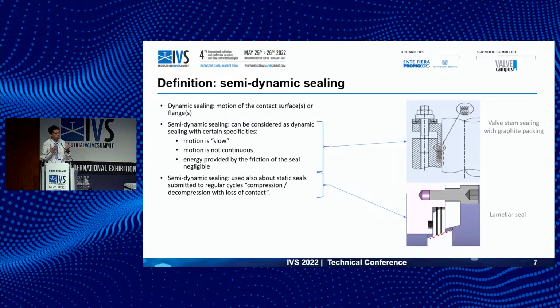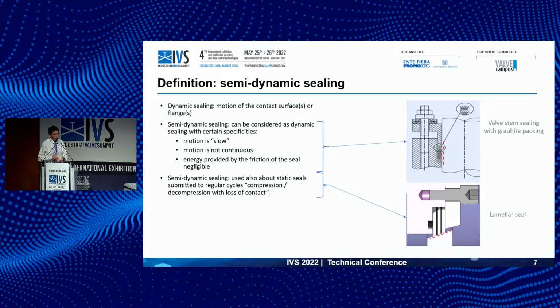That means, for example, for a mechanical seal, you have a power loss, and sometimes you need to cool down and so on. For a semi-dynamic sealing, normally this energy has not to be considered in the design of the system. Okay. And also, another definition for semi-dynamic sealing, it is also used in the jargon of the sealing for some